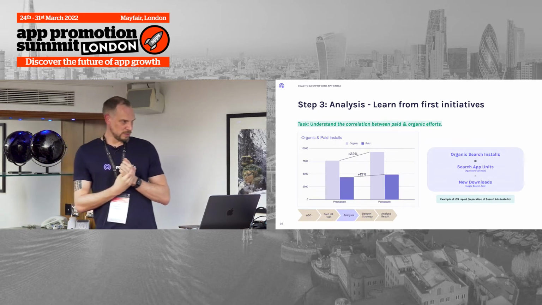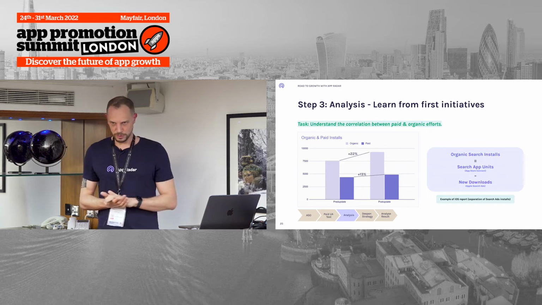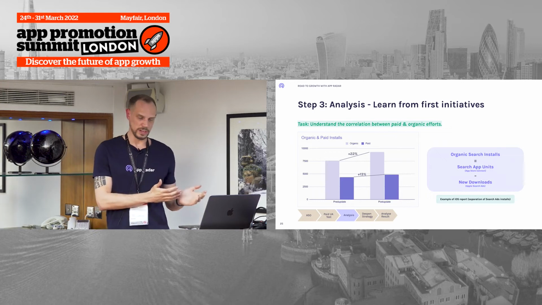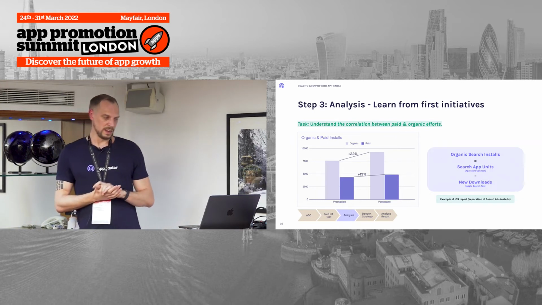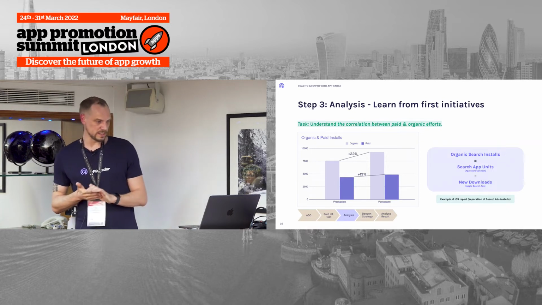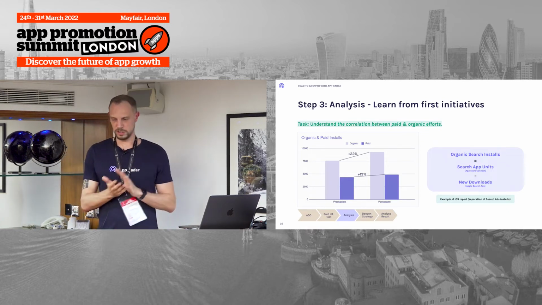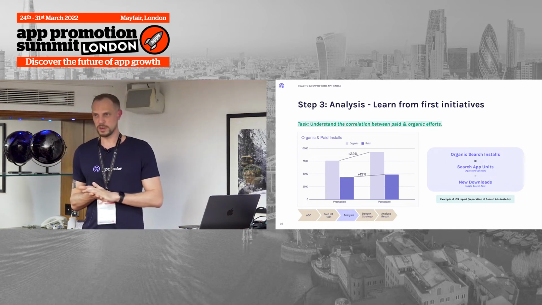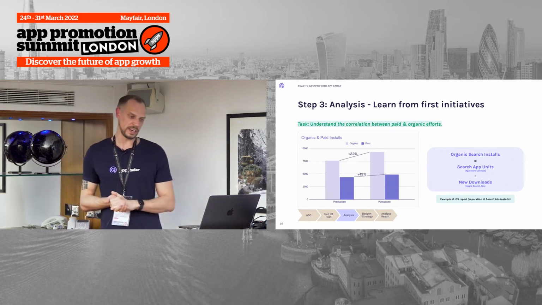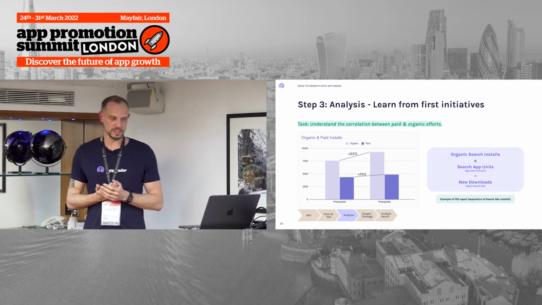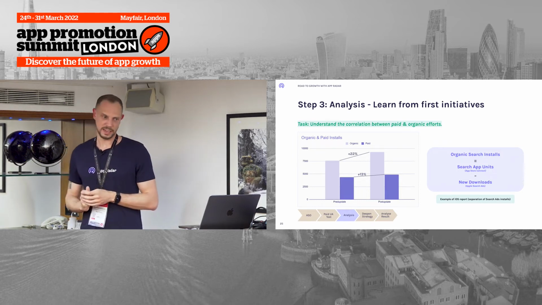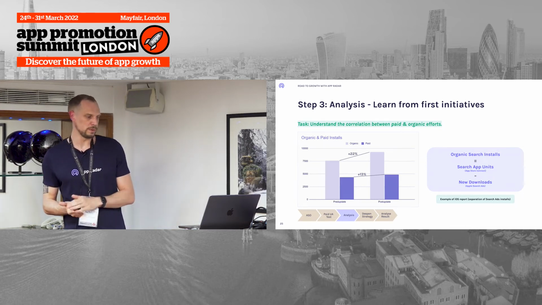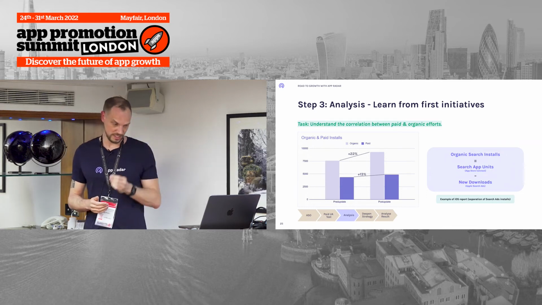One very important thing where this is all leading towards is that we're looking to accomplish an organic uplift when we combine our ASO efforts with our paid user acquisition efforts. In this example, we can see that we were acquiring 30% more on the paid user acquisition side, but we were able to generate 22% more installs on the organic side, because paid user acquisition in this case was really a leverage for what was happening on the organic side. We were also able to rank on more competitive keywords, and our keyword rankings went up once we were spending more money on the paid user acquisition side.